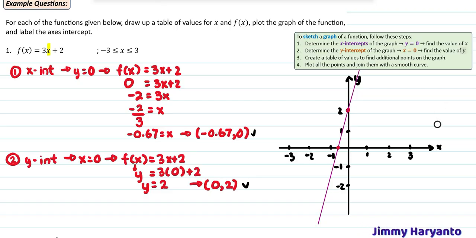Okay, our graph is not so good because the question wants you to draw it from negative 3 until 3. The space is not enough. Actually, you have to continue this one until x equals 3 up above, and also the negative 3. The question wants you to draw it from negative 3 until 3, so this one is not enough. You have to draw another line going to the negative 3, and then after it reaches negative 3 you will stop. Yeah, so this is how you draw the first graph, the straight line. It's pretty easy to draw a straight line.